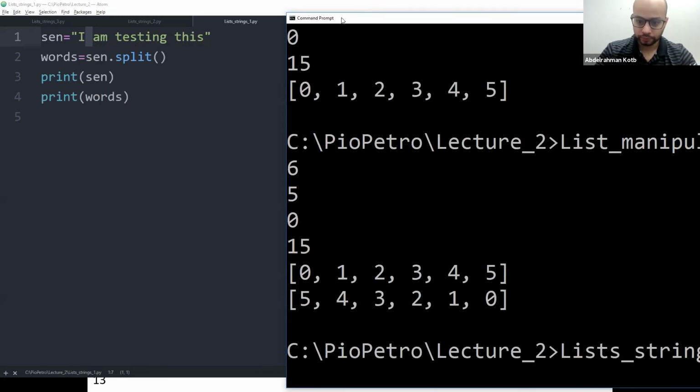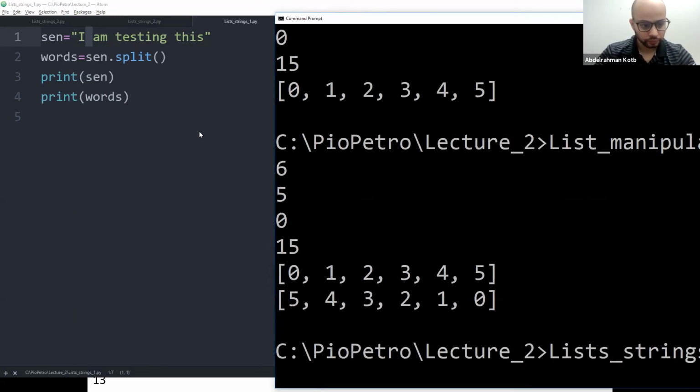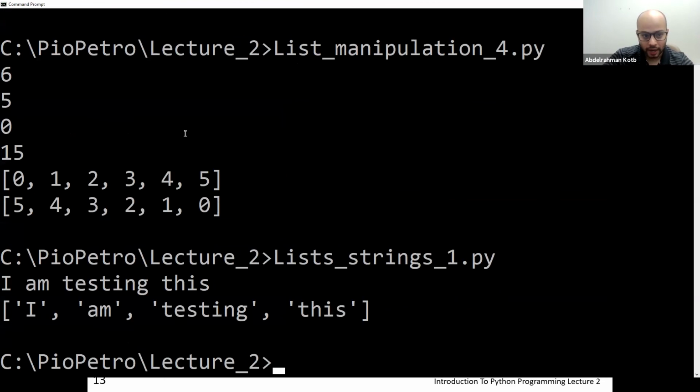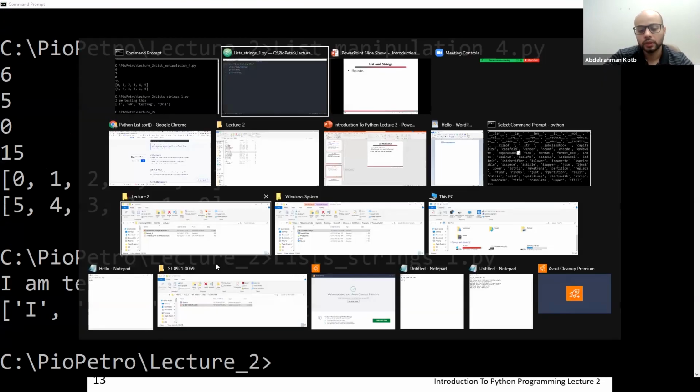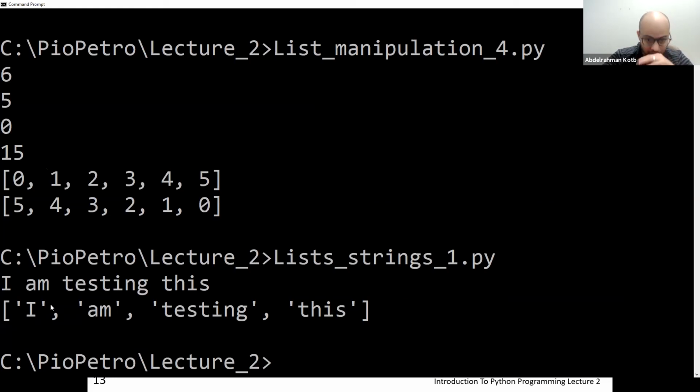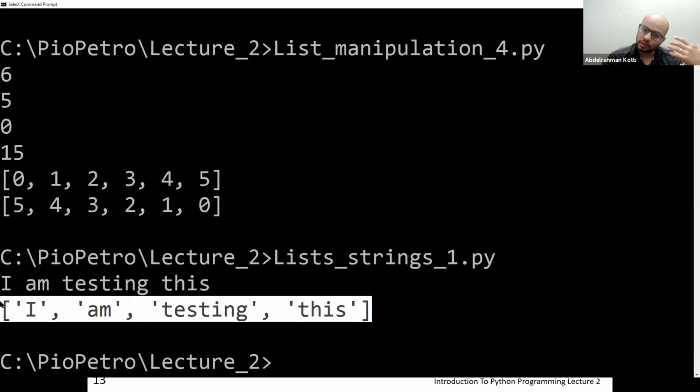String 1. I first printed the string and then the words. So this is a string, and then it changes it to a list. Whenever you're working with a string, with a file, with a Word file, most of the time you will have to convert it to a list in order to work, because there's a lot of things you can do with a list that makes it easier to understand what you're reading.